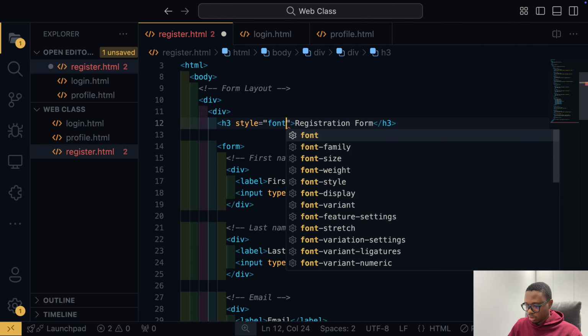So the attribute, the property for changing the font of an element is called font family. I'm going to talk about properties, so don't worry. I'll talk about properties, I'll talk about values. So I would say font family is Arial,